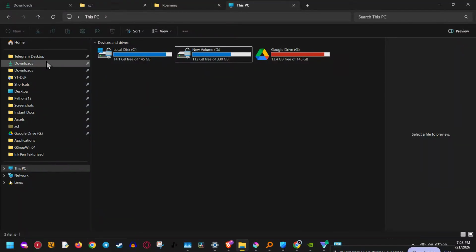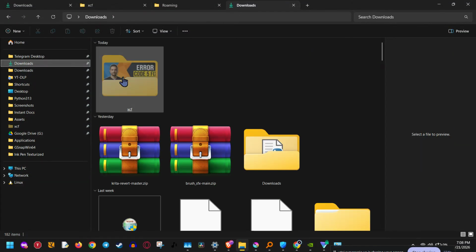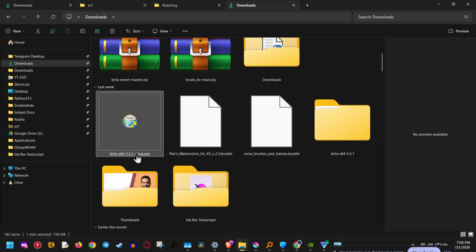If you're seeing the Krita extract error writing to file message, it usually means the installer is being blocked while it tries to unpack files into your computer's temporary storage folder. The good news is, this is usually easy to fix, and in this video I'll walk you through the fastest